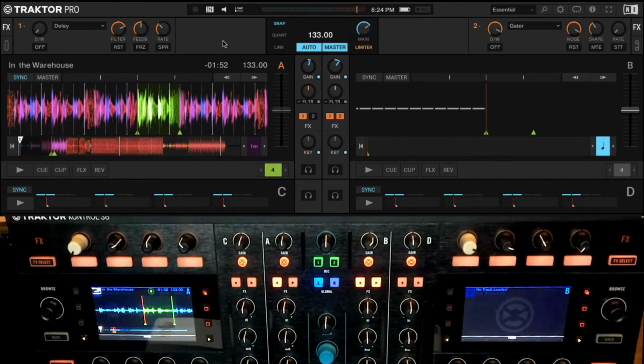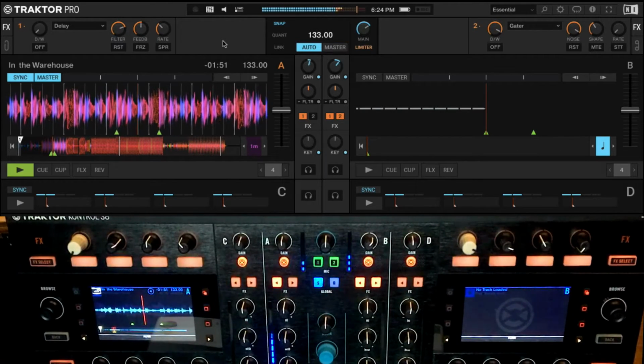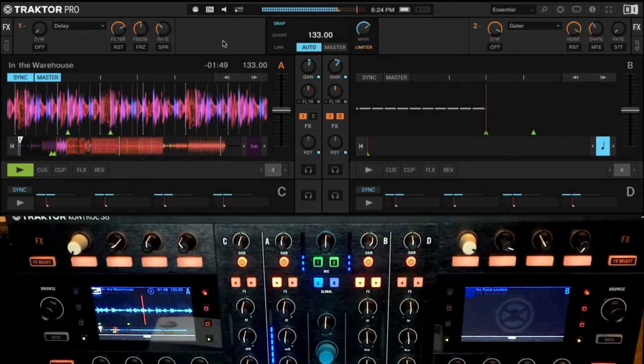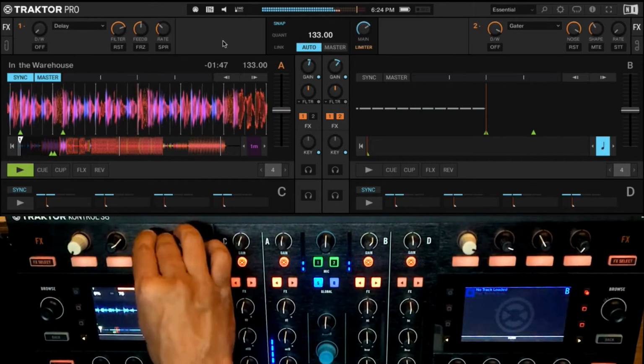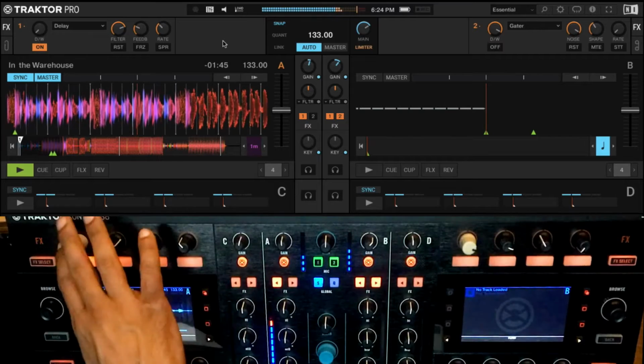Okay. So let me use it now in context of what I'm about to do. So I'm going to remove the loop of the track and I will probably use my delay just before I can see that the track is going to build up in a little while. Okay. So just before that, I'm going to use a little bit of delay. Also drive the feedback quite a bit.